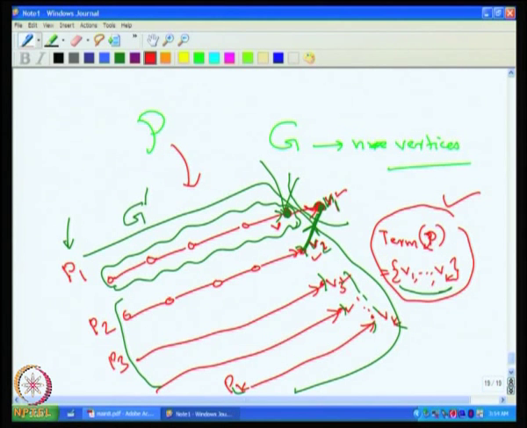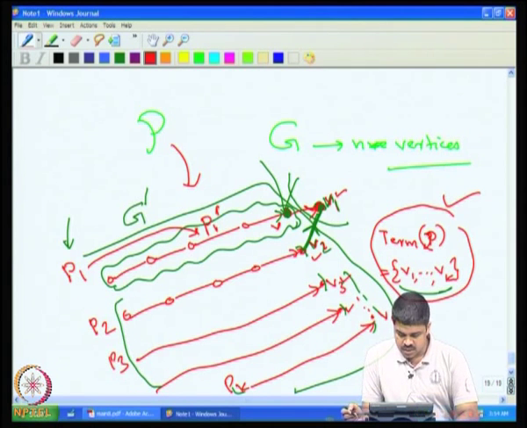Now, this P1, I can say that this new path is P1 dash, because this is coming from P1. So, essentially after cutting this V1, I got P1 dash. This P1 dash, P2, P3, Pk, possibly that is indeed a path cover of G, but that need not be a minimal path cover. Suppose it is a minimal path cover of G. If it is a minimal path cover of G, then